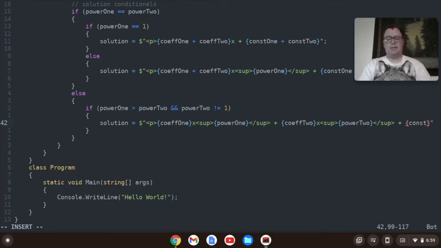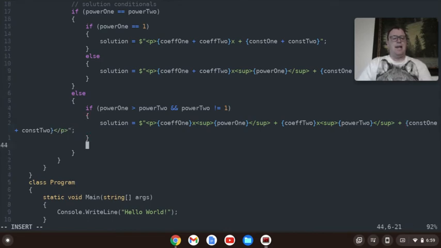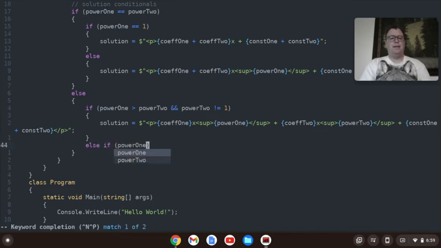We're always able to combine the constants because they are like terms. Okay, and we'll close out that parentheses, put a semicolon there. And now we're going to have an else if conditional because we have another conditional. So power 1 is still greater than power 2 in this case, but power 2